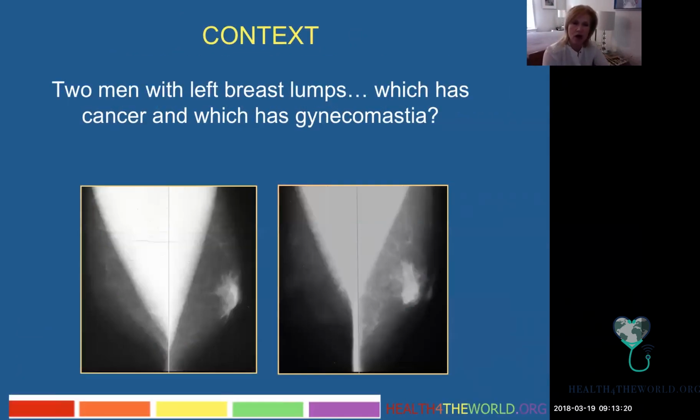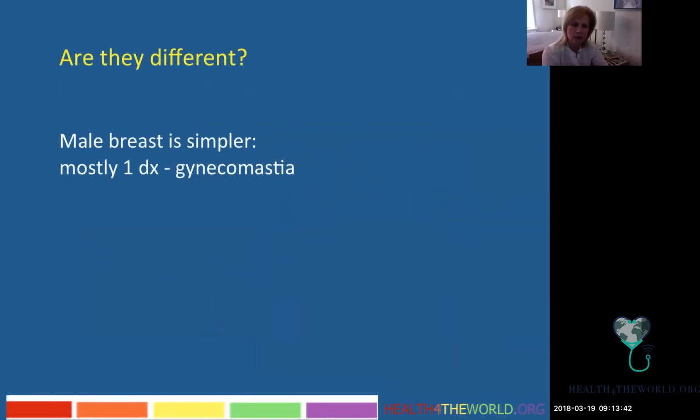I'm going to start with a context for you here. Here we have mammograms of two different men, both of whom have a left breast lump. Which of these men has cancer and which has gynecomastia? Can you tell? This is a task which can inspire fear in a lot of people because we don't do as much imaging of the male breast as the women, so we worry that we don't know how to do it properly. So we're going to ask the question, are they really different, the male breast from the female breast